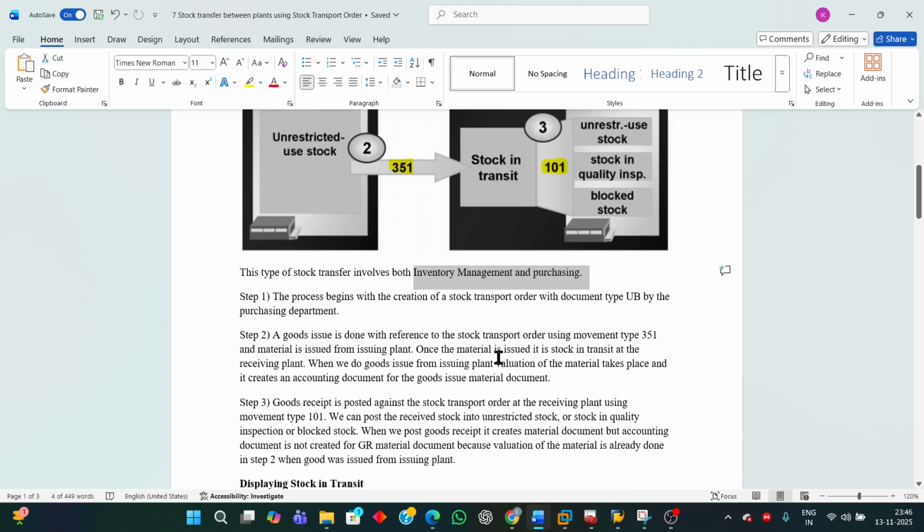Now, this whole process involves three steps. To tell you in a very simple, point-to-point way, there are three steps in this stock transfer between plants using stock transport order. What is the first step? In step number one, the process begins with the creation of a stock transport order with document type UB